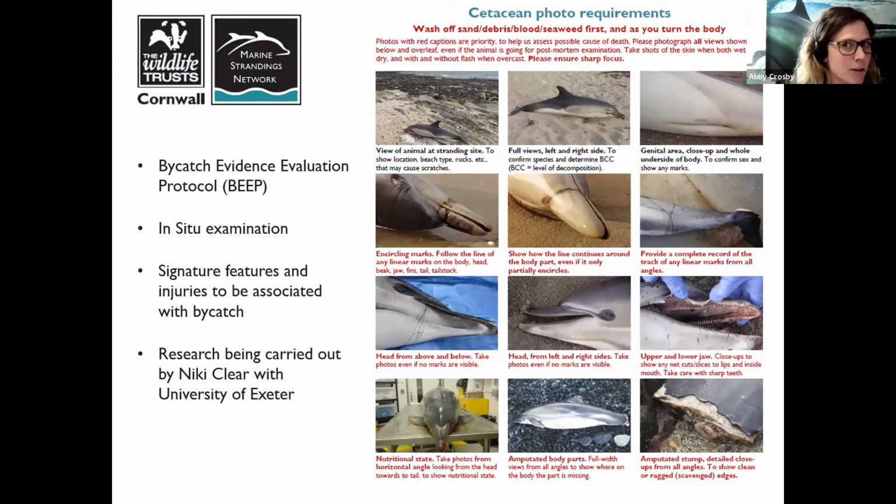Now, about 50% of those remaining carcasses that weren't suitable for post-mortem will be pretty rotten, or it may be that we couldn't get one of our trained volunteers out to site, it got washed out to sea again, the site was dangerous or inaccessible for a variety of reasons. So we lose about 50%, about 100 animals won't be suitable for further investigation apart from the core data that we collect. There is, however, the other 50% that we can do something with,